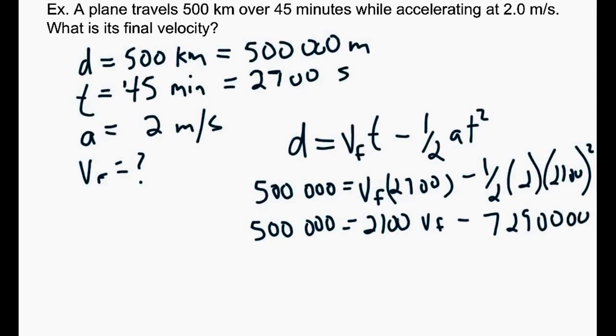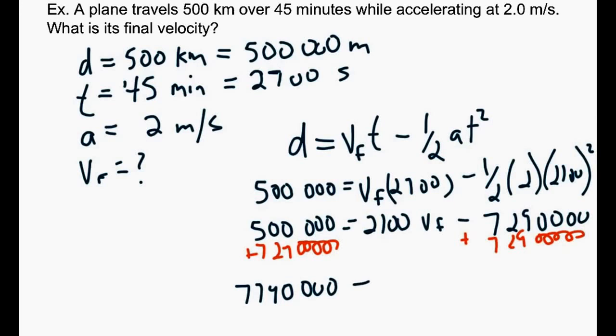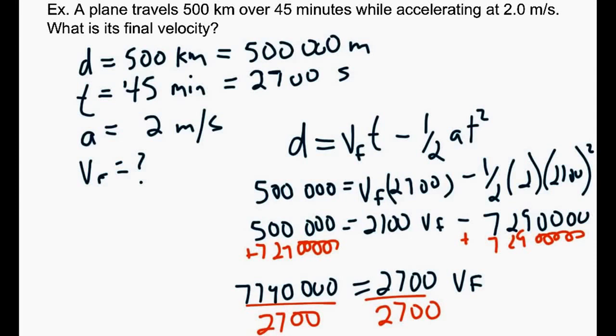Just like we do with other math formulas, let's add the 7,290,000 to the other side, plus the 500,000, and we get 7,790,000. That equals 2,700 VF. Our last step is just to divide by 2,700, and we get an answer of